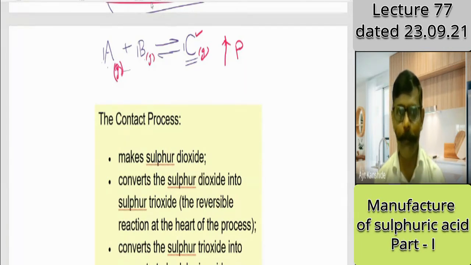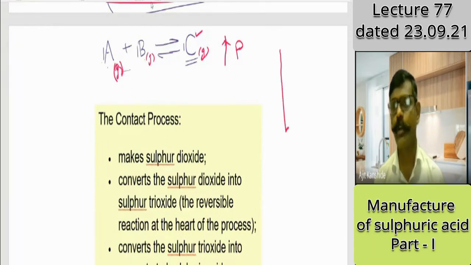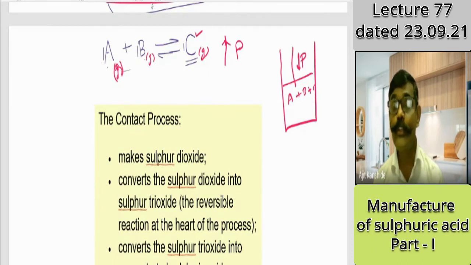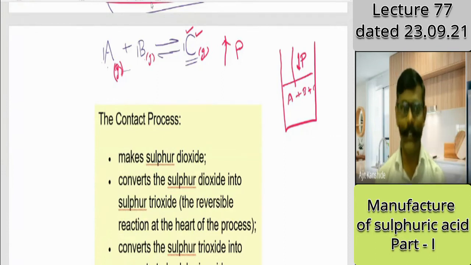But one question I put in front of you. When such things are there in one reaction vessel, in which A is there, B is there, and C is there, and if I increase the pressure, then whose concentration will be affected more? That was my question. Reactant. Okay, one answer is that reactant concentration will be affected more. Another answer, product concentration will be affected more. Yes, it's a good thing. Now you have both answers. Let us see them one by one now. I'm keeping this answer pending.